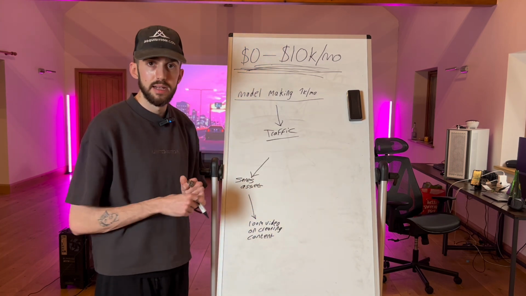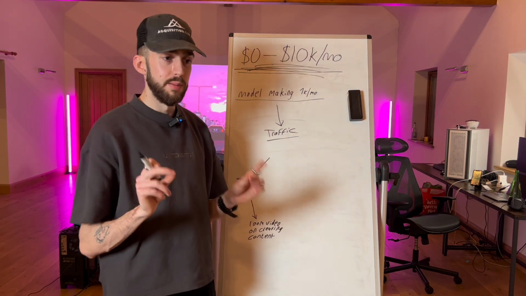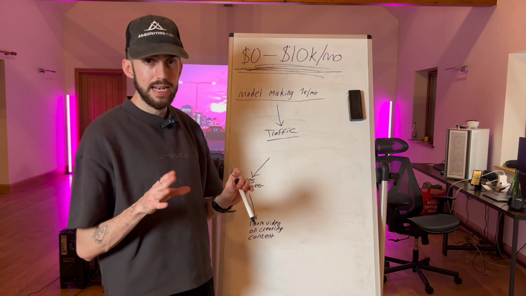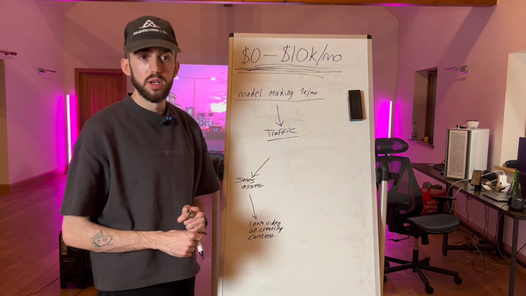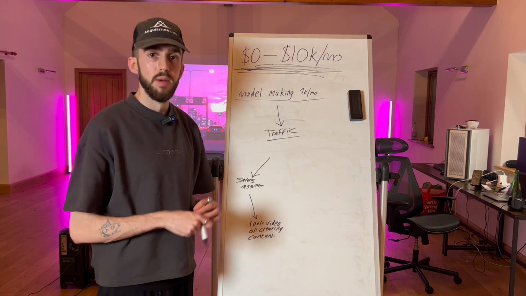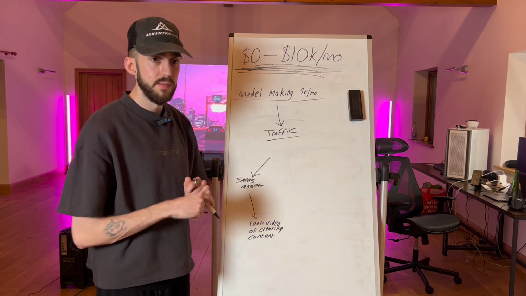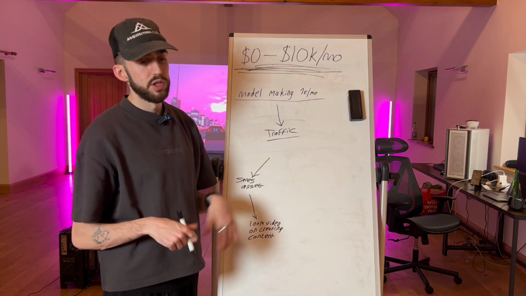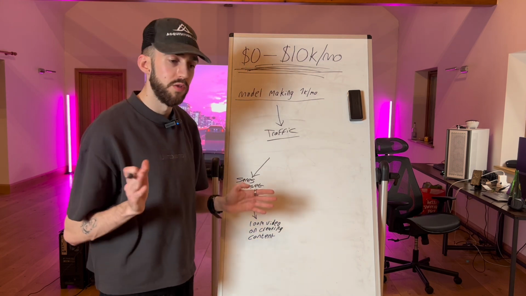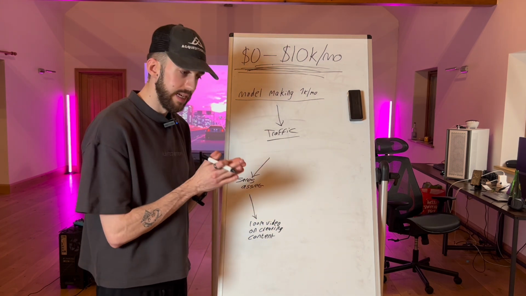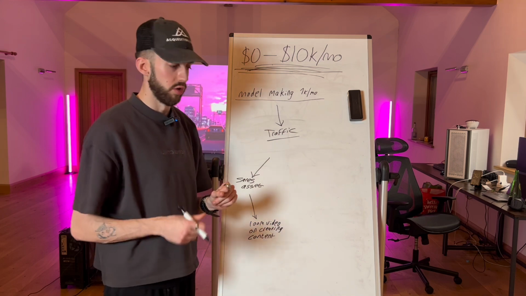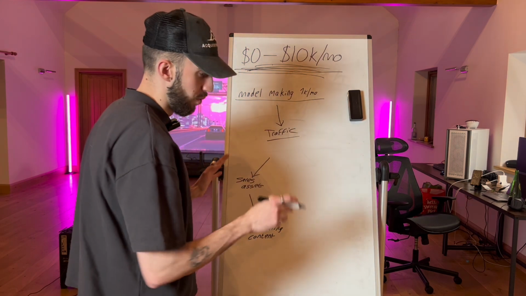Boom, you send the calendar, and then you always want to say, let me know if you can't find the time. Not "let me know once you've booked." Let me know if you can't find the time. Because if she goes on there and she can't find the time, she might just swipe off. Too much effort, too much friction. If you say, let me know if you can't find the time, she will likely tell you if she can't find the time, and then you make it work, right? That is the framework.